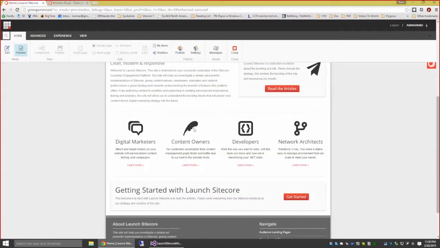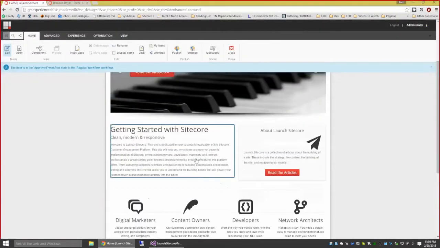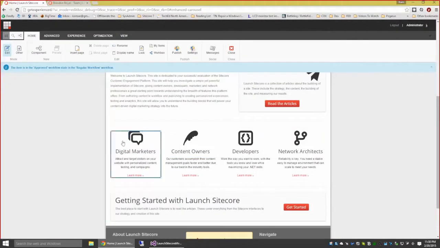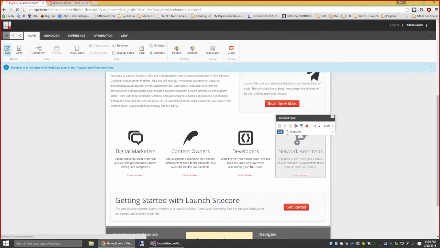Specifically, the one that is here for the digital marketers, content owners, developers, and network architects. This rendering is called the abstract spot, and it's relatively simple in terms of the way it's implemented. If we go into Experience Editor here, you can see that each one of these is an abstract spot that's been inserted. Some of them have personalization applied to them, and you can switch back and forth between their variants